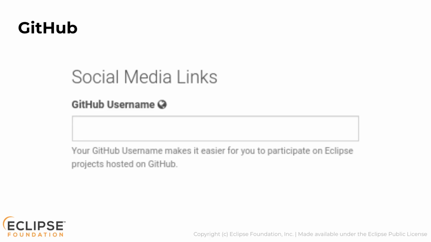One more thing. If the Eclipse project uses GitHub, be sure to tell the new committer to add their GitHub username in their Eclipse Foundation account so that our scripts can add them to the GitHub teams that we use to manage access to the Eclipse Foundation repositories hosted on GitHub. Without this information, the new committer will have the committer status in name only. They won't be able to actually do anything. No additional steps are required for projects that use the Eclipse Foundation's GitLab or Gerrit instances.